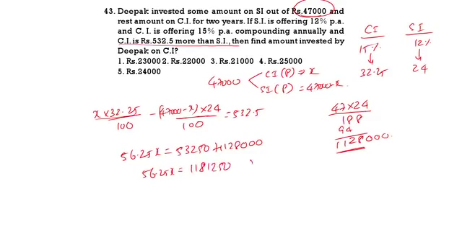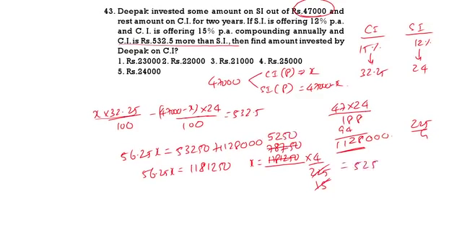Now the x value is 1181250 by 56.25. 56.25 means 225 by 4. That can be written as 4 by 225. Now do the calculation. 15 15s, then 15 7s 105, 15 8s 120, again 15 7s, then 78,050. Again I am doing with 15. 15 5s 75, 15 5s 75, 15 2s 30, 5,250 into 4, that is 21,000.